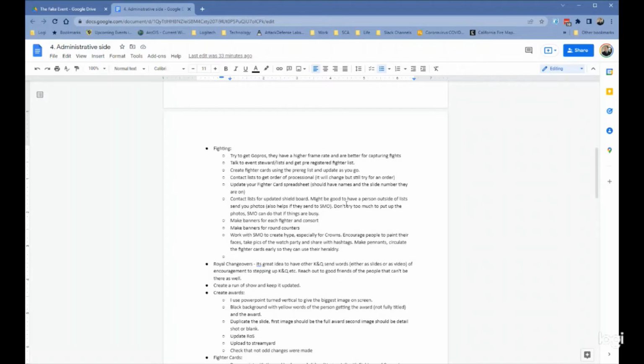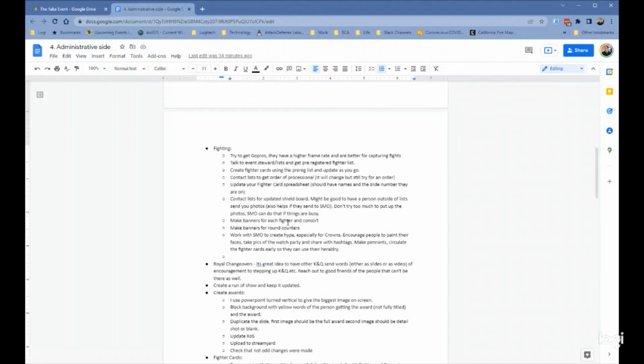On the stream, don't try to post all the different photos and things. That's something the social media officer can do, but it's nice to know the round counters, who's up, who's down. As we start getting closer, you can say things like, "Sir, so-and-so is going to this fight clean," and it helps build that engagement. Also, if you don't have a person, reach out to your social media officer. Odds are good they might have the person because they're already thinking of doing the same thing.